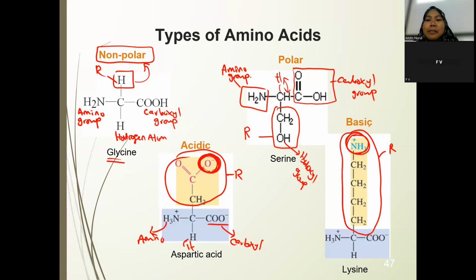Any question? No? Okay, so next kita akan sambung properties of amino acid nanti semua insyaAllah. Okay, so no question? Okay, so if no question then I will stop the